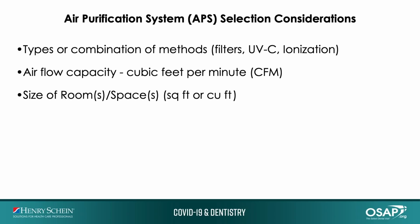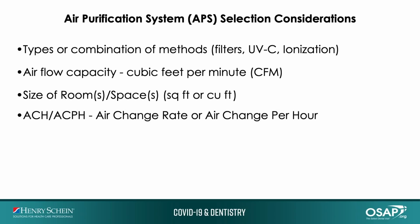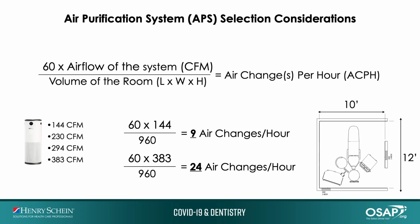And when you have that information, the CFM and the square foot, you can then determine what your air changes per hour is in that area. If it's not a closed room, you have to estimate a little bit more, but if you position it correctly, you can get pretty accurate information. So when you know the CFM and the volume of the room, you can figure out the air changes per hour. For example, take a 10 by 12 operatory with 8-foot ceilings,